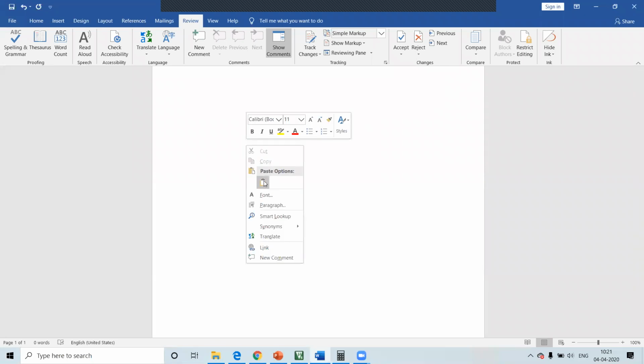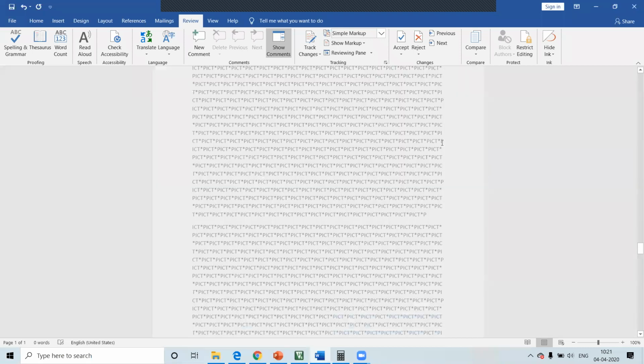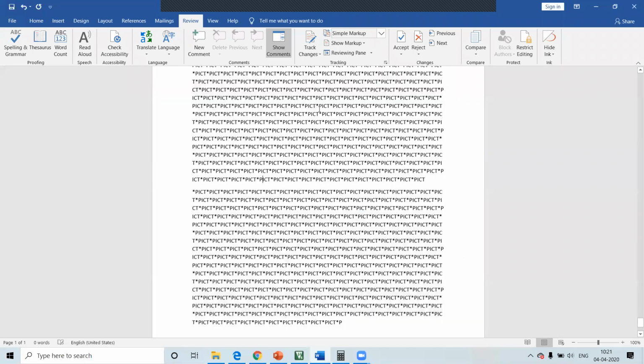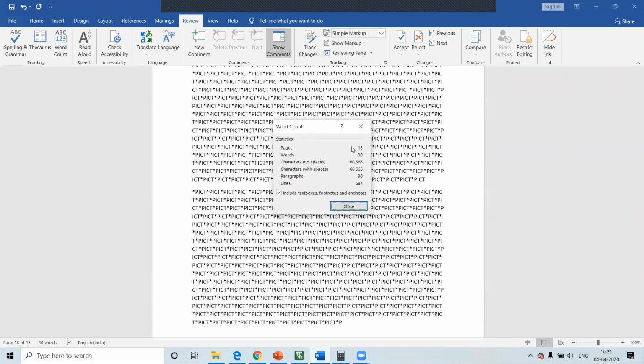I'll paste my data. So this is the output window. Now you can go to word count, find the number of characters. So the number of characters is 60,666. It will vary depending on when you stop your program execution.